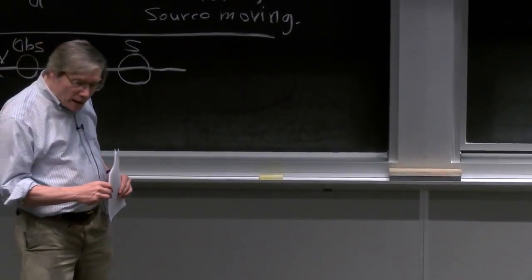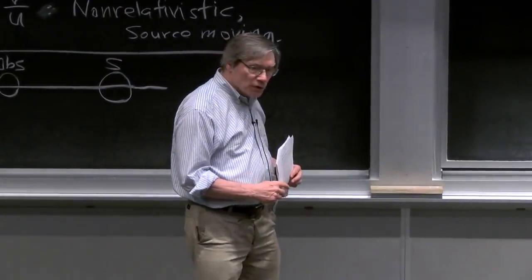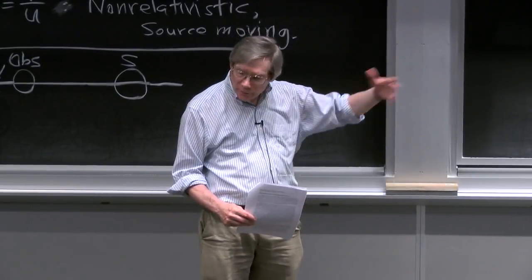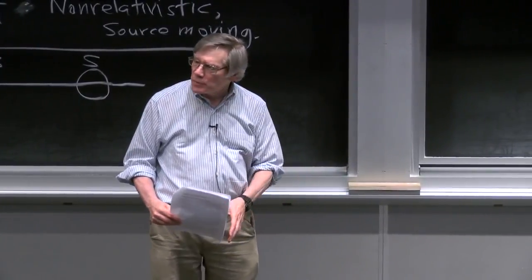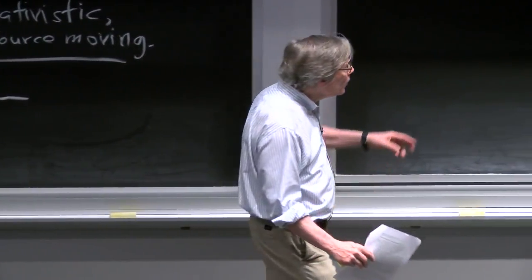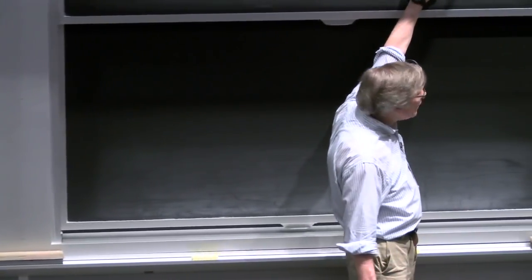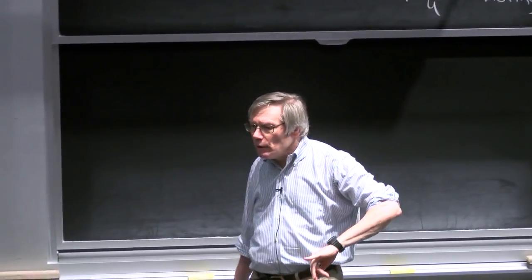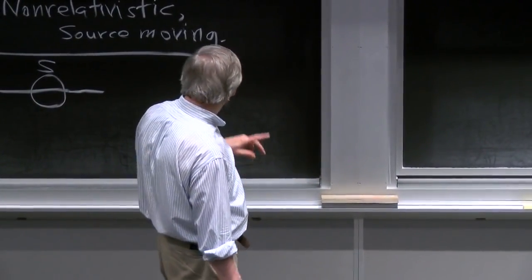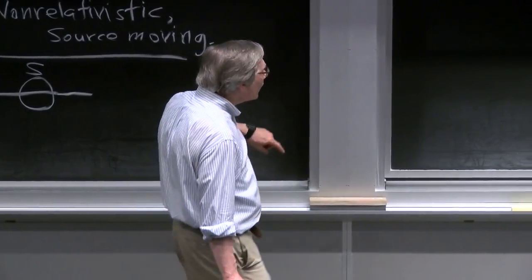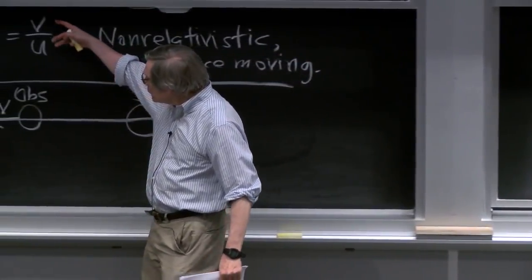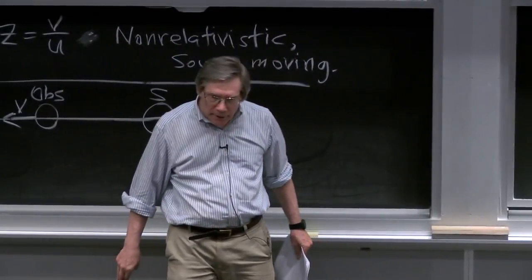Okay, now it's worth pointing out that when the velocity is small compared to the wave speed, as is often the case if we're going to be talking about light, which we'll be talking about in a minute, but could be the case with respect to sound as well, then these two formulas are almost the same. They're both proportional to v over u. When I'm talking about the case where v over u is a small quantity, where the motion is slow compared to the sound speed or wave speed. And the only difference is that denominator. Here we have a denominator of 1 minus v over u. And here the v over u is the whole show. There's no denominator.